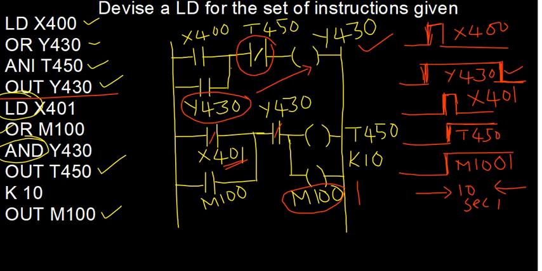So this is the 10-second delay, right? So now your Y430 would operate for a longer duration, because the Y430's occurrence is as decided by X400, but Y430 will remain in operation 10 seconds after your X401 actuates. Is it so? Please think that your X400 will start, X400 will make your Y430 to start, so Y430 will